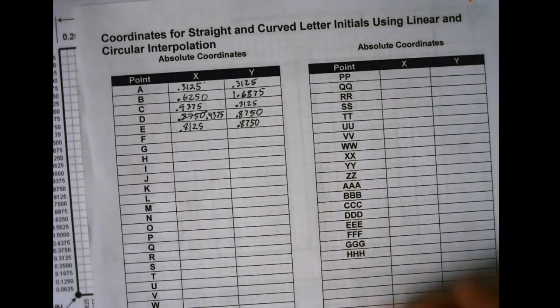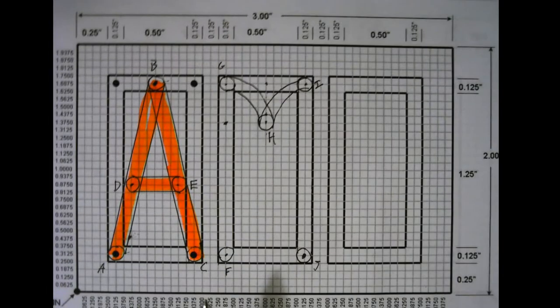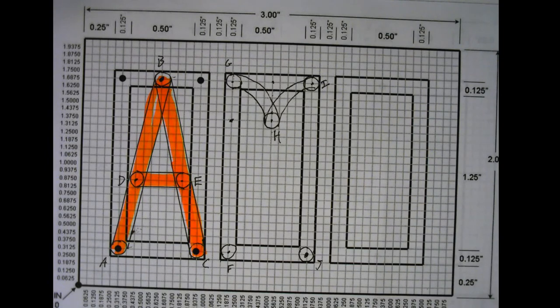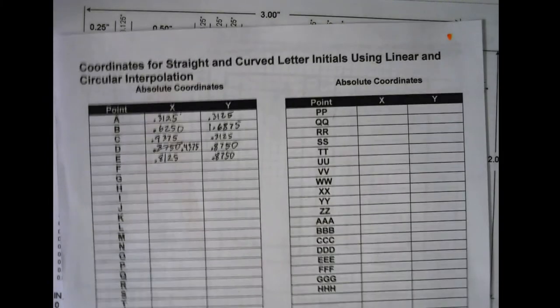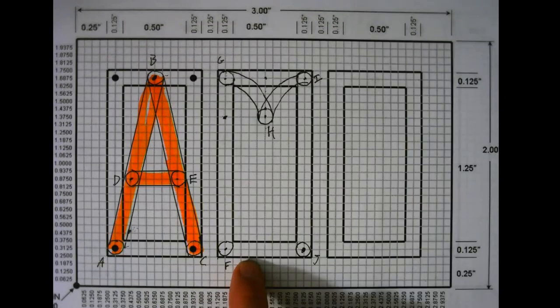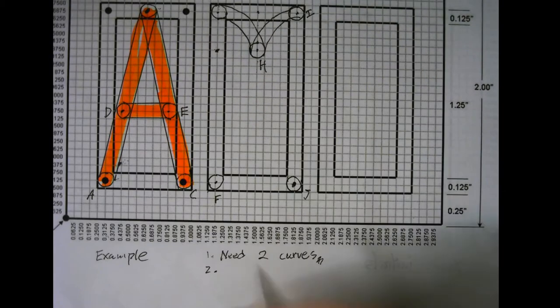So what you're going to do for me in this period is you need to have mapped out, and you're going to upload a photo of your initials, and then you're going to upload a photo of the coordinates for your initials into Google Classroom, and that's what's going to be due for the assignment. I only showed you 2 letters here. You're going to have to do all 3 letters. And that brings us to our second requirement, which is all 3 letters